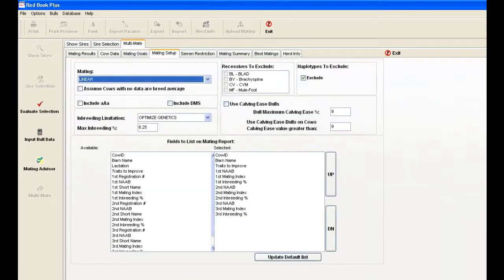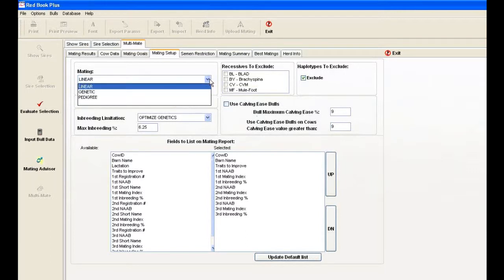Under mating setup, we have a few different things that the user can adjust that impact what they get on their mating results tab. There's different types of mating: linear, which uses the linear scores for the cows; genetic, which uses those STAs we talked about; and pedigree, which uses